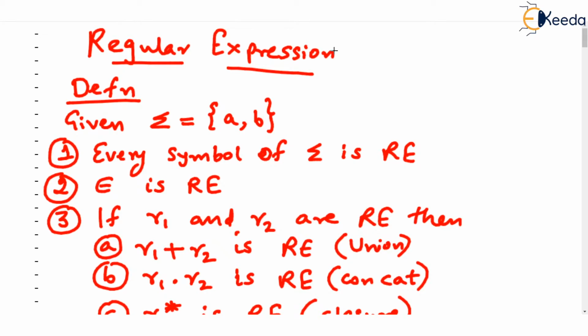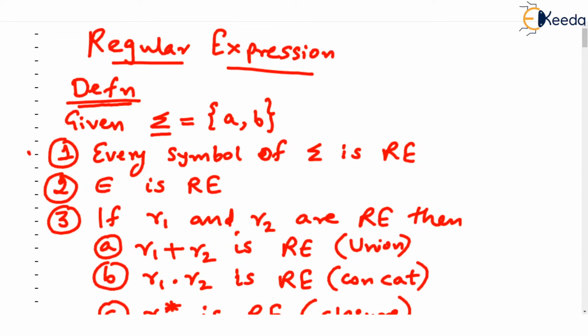Let us say for building our definition, we are given an alphabet sigma which is {a, b}. So we can say that in our world right now, in this problem, we have only two symbols A and B, and we can construct any string using only these two symbols A, B. So if this is the sigma given, then what is the regular expression that can be built on this sigma?